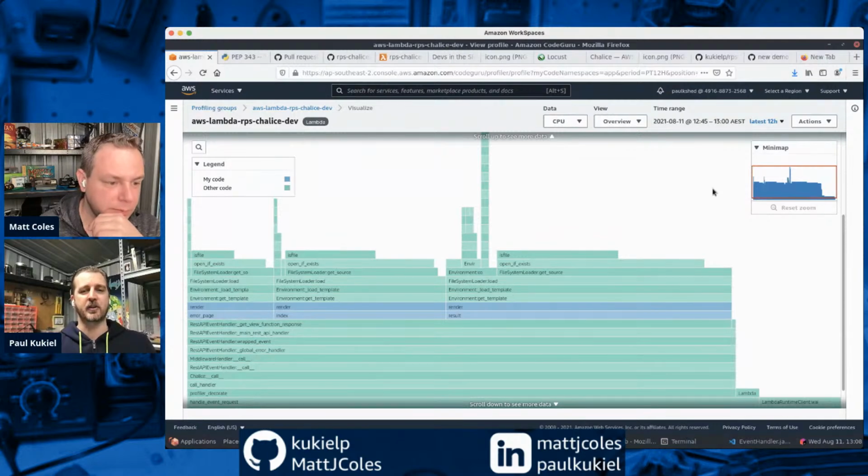And so based on that, you can say, where would I like to redirect my efforts to improve the performance of this application? And so this can be really beneficial. One, if you're doing cost optimization, I think cost optimization is especially important when we're thinking about serverless environments, because we are paying per millisecond of execution. And if we have something running for 5 milliseconds versus 1, well, it's 5 times more